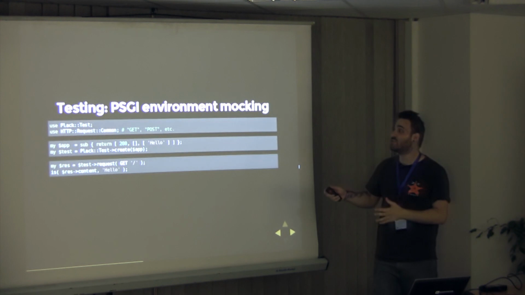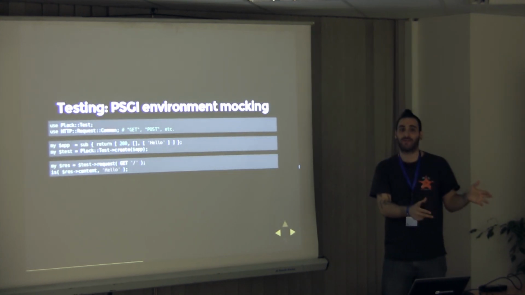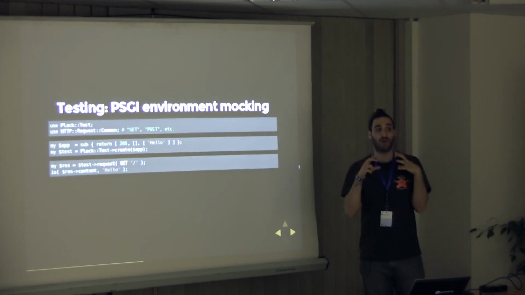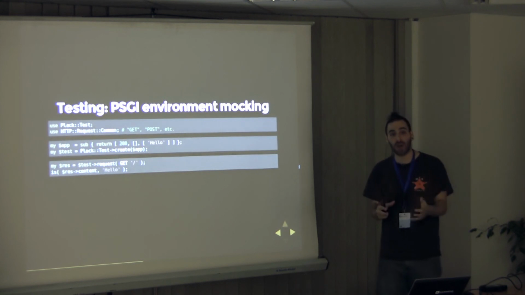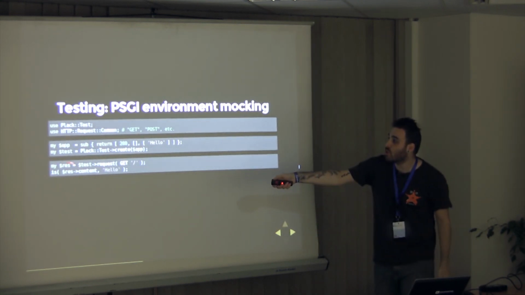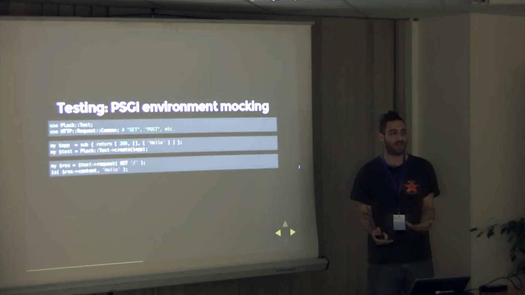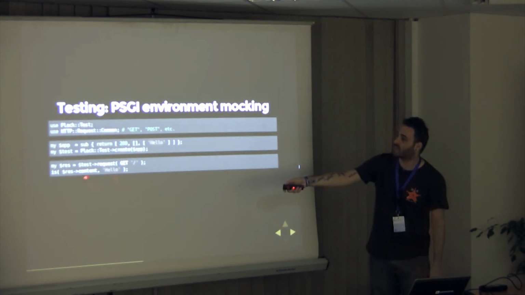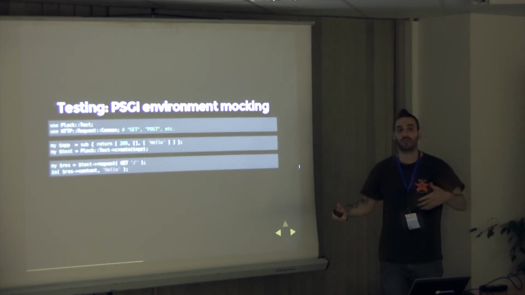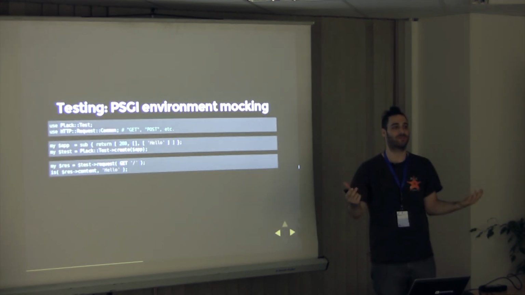And this actually lets you run an entire app faking a server, faking the request, faking the result, and you're using an object for a request and an object for a result. So you get entire introspection. So I get a result object. So I can say, well, what is the content? What is the code? Is it a redirect? Stuff like that. It's just an object with data. The test, when you send it a request, it will fake an entire cycle that calls your application as if it's under a web server and a user made a request.